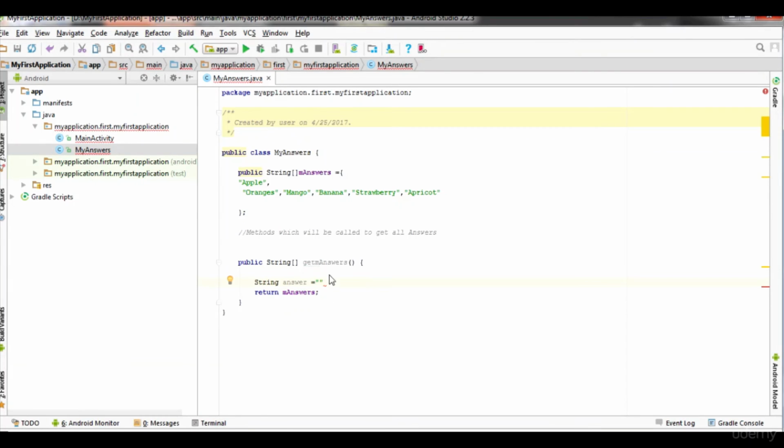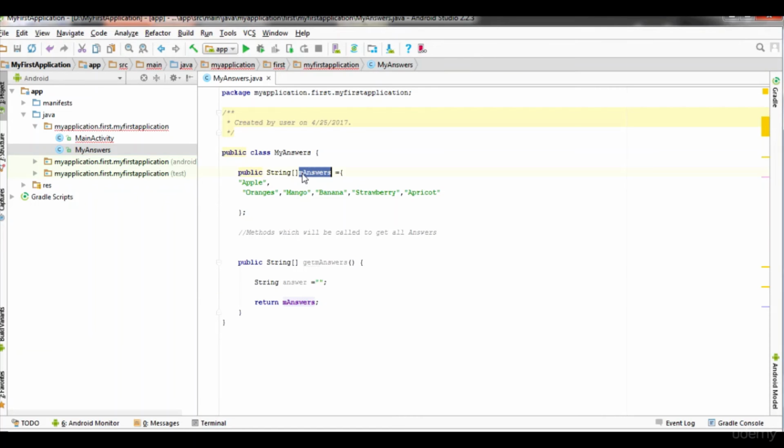Inside the get answer method we'll define an empty string variable named answer, where we will be setting all the values of answers that are stored in this answers array. So all these values are going to be stored over here.